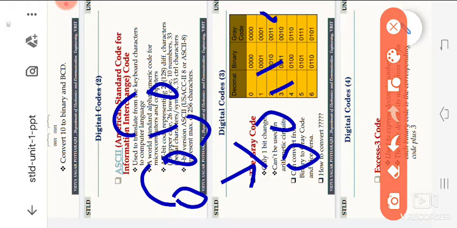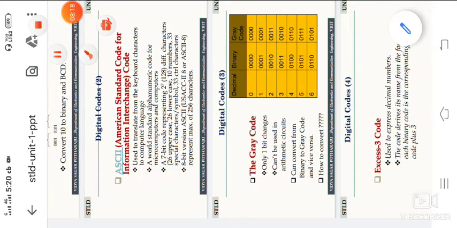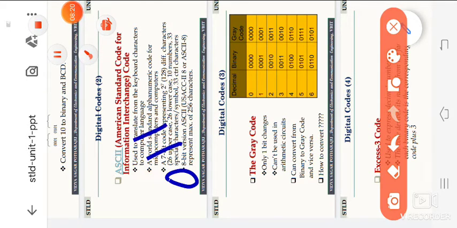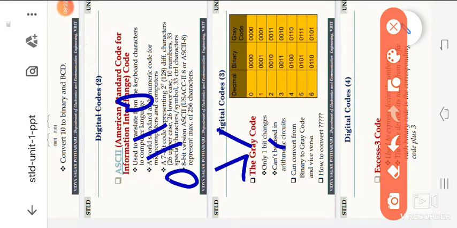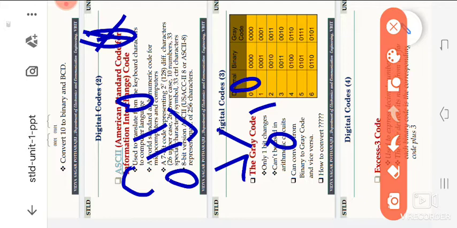I will tell you another example: 0110. First we note down the first bit. Then we add adjacent pairs, side by side bits: 0 plus 1 is 1, 1 plus 1 is 0 and the carry is discarded, then 0 plus 1 is 1. You can observe the result. That is the Gray code conversion. This is code conversion, Gray to binary and binary to Gray. Those are very, very important.